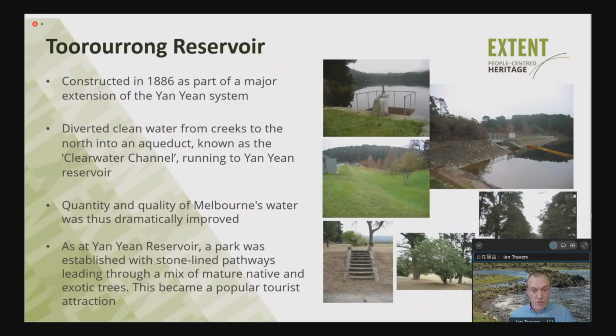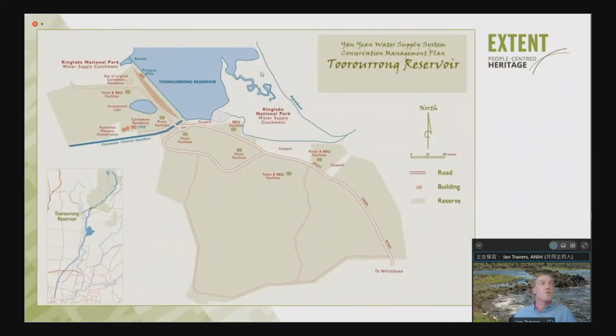If I then go on to this slide, it shows a plan from the Conservation Management Plan for the Anyun system, which was prepared in 2007. Now, the inset here shows a bit more clearly where Turarong Reservoir is. So the Anyun Reservoir is this reservoir here. And the larger map shows in 2007 the facilities and features that were at the Turarong Reservoir Park, recreational facilities,